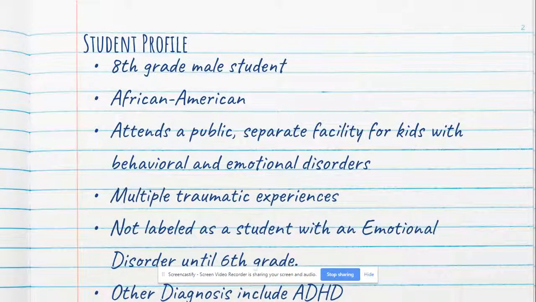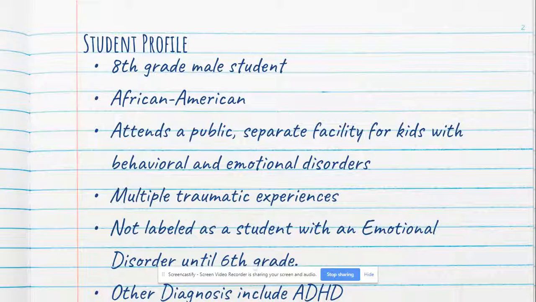Let's begin by looking at a brief summary of who the student is. JD is an eighth grader, African American male at Columbus, Iowa, a separate facility within the Columbus City Schools for students with identified emotional and behavioral difficulties. JD struggles with forming positive relationships with his peers, staying in his assigned area, and completing